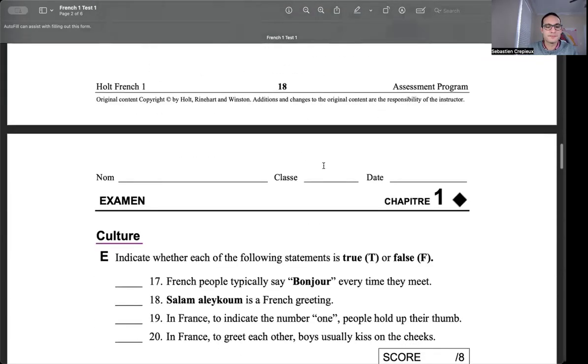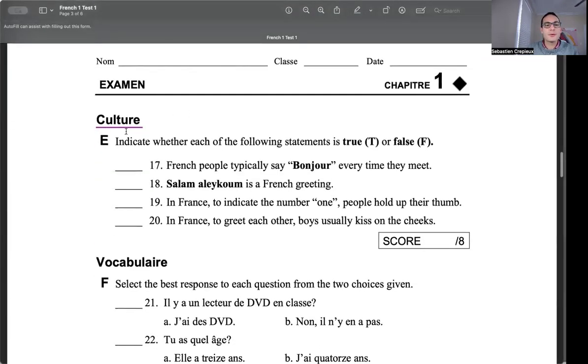So pay attention. Culture. So here you have a section, 4 questions. In your book, through the chapter, if you open your book before now, you're going to have on the side a little flash culture. Okay, it's a green section. Read it. And every single answer to those questions will be in the book. Okay, so if I was you, I would read the green flash culture and the culture too.